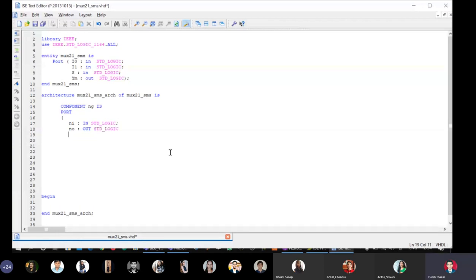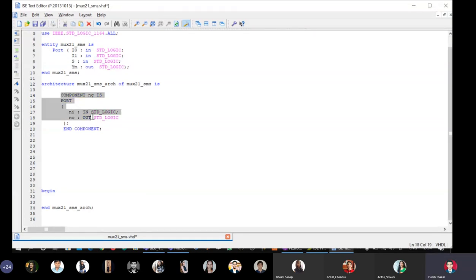Pass signal. So I can copy paste the structure and just make some changes. So I will paste it 2 times.